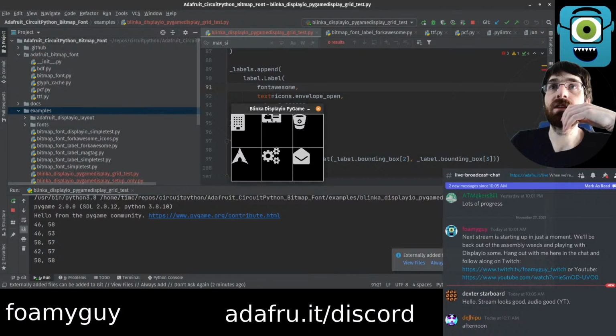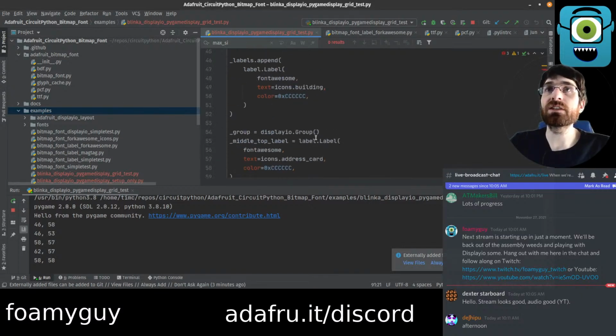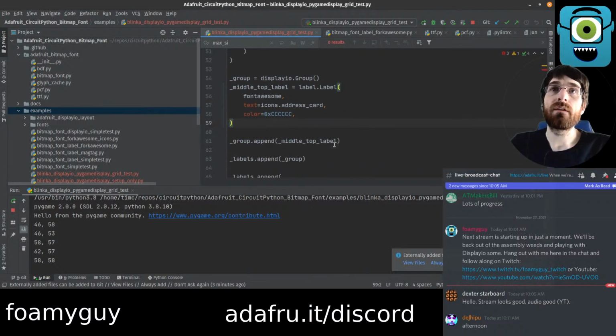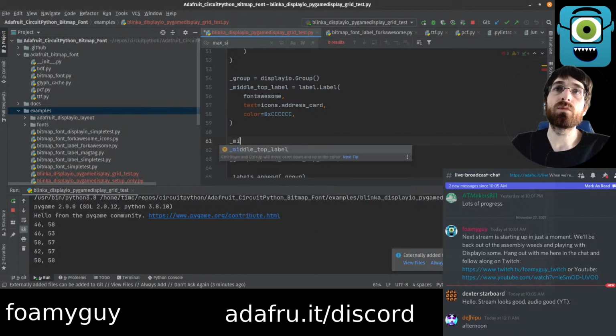Okay. So this is the one that has the group, and right now it has the label in the default location, which is 0x and negative half the height y. So basically the top half of this icon is above the screen. We can't see it. Which seems weird, but does make sense, because that's how label works by default. So if we change this label, let's say we do anchor point 0.5, 0.5,